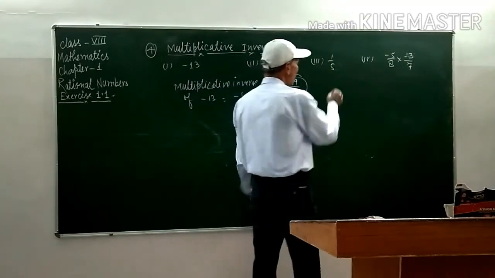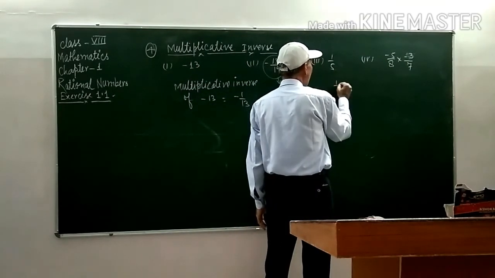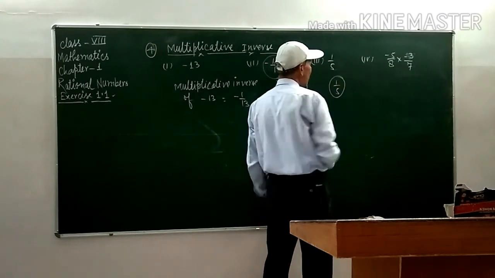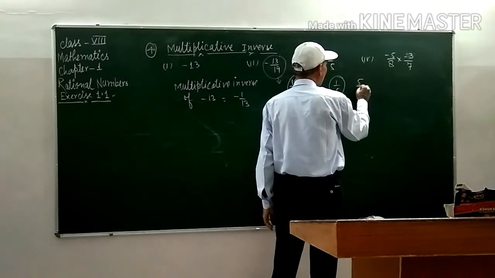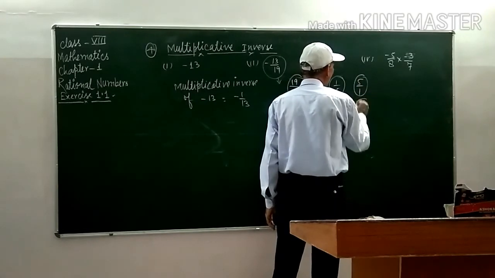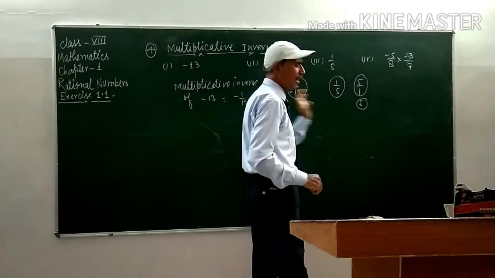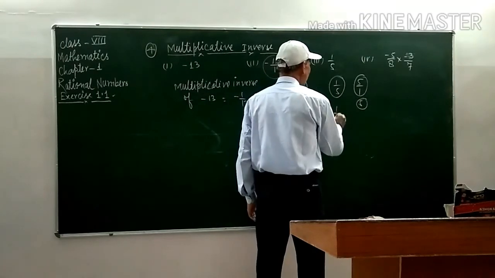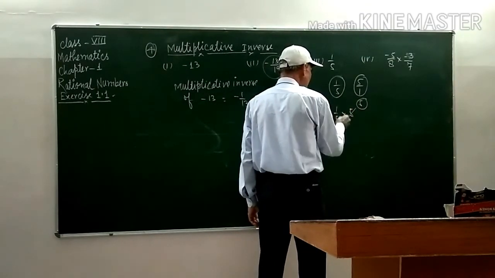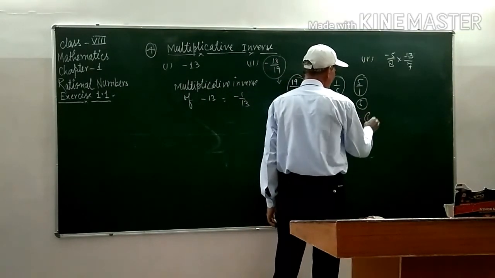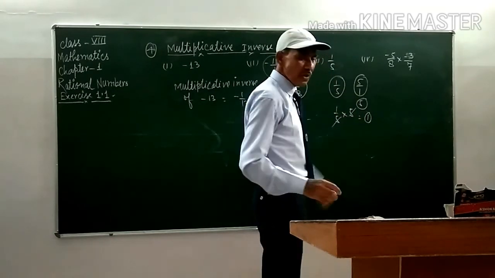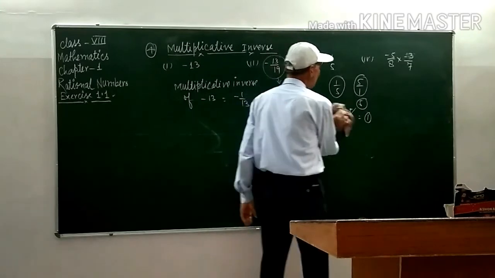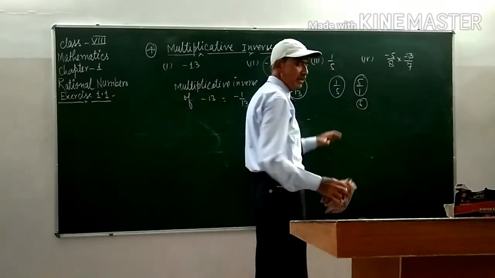And this number is 1 by 5. So what will be the multiplicative inverse or reciprocal of 1 by 5? That will be 5 by 1 or 5. You can write 5 here. 1 by 5 into 5 is 5 by 5, and the answer is 1, that is the multiplicative identity. So this 5 is the multiplicative inverse of